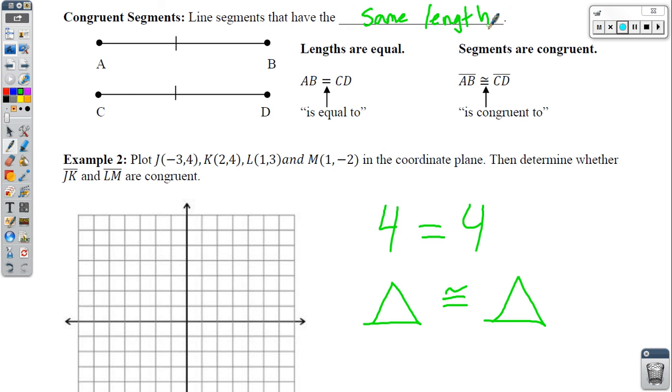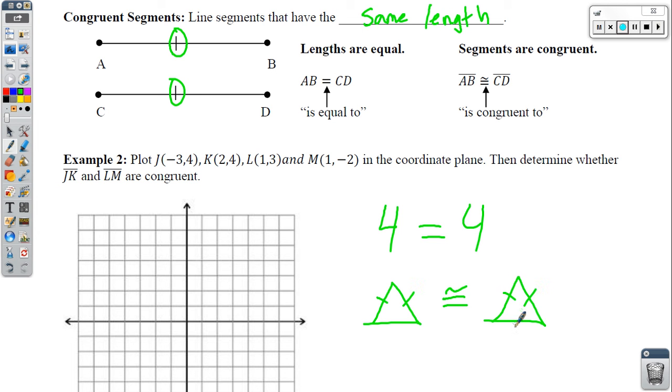Now we have this notation here, these little vertical lines circled in green. That notation is an indication that these are congruent. That's how I know that they're congruent, because they're both marked with one little marking. So going back to the triangles on the bottom, if I want to say that this segment is the same as that segment, I can mark them each with 1. But if I want the segment on the right, the one slanted downwards, to say that